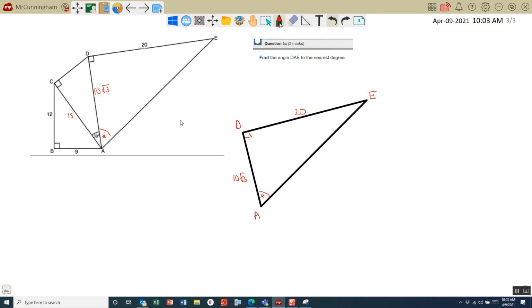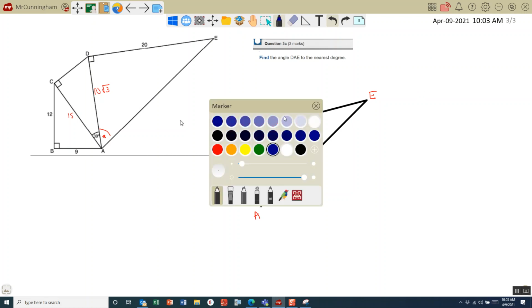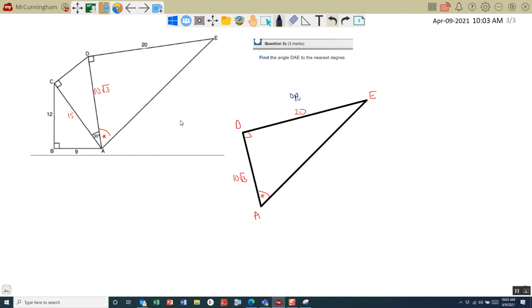So I'm going to label my triangle. This is the opposite, because it's opposite the angle I want to find. This is my hypotenuse, because it's opposite the right angle. So the other side is the adjacent. Thinking of our SOHCAHTOA, I've got the opposite and adjacent, so I'm going to use tan. And again, the formula is given to you in the formula booklet, but it's tan of the angle, let's call it just A. Tan of A is equal to opposite over adjacent, 20 over